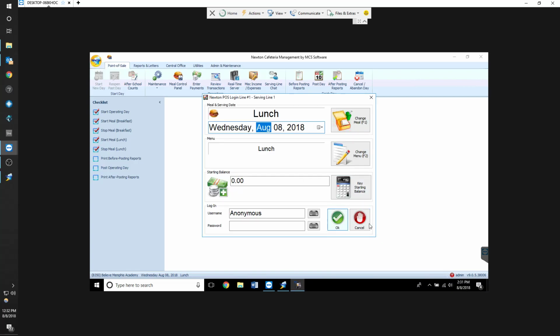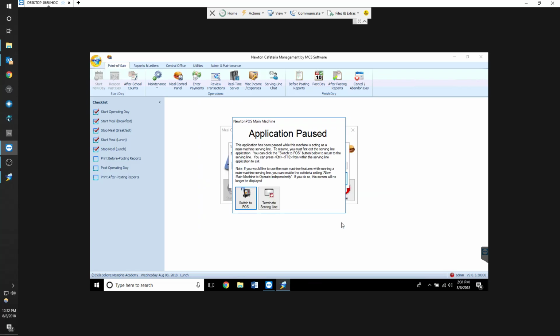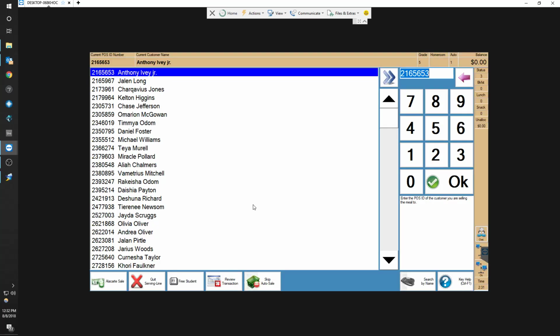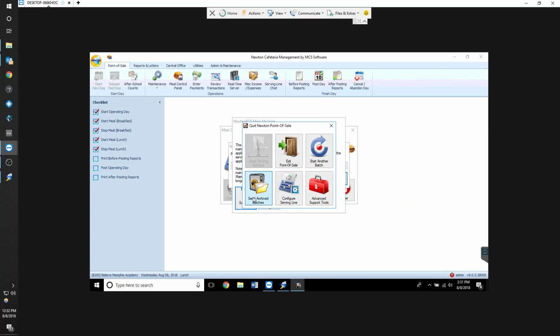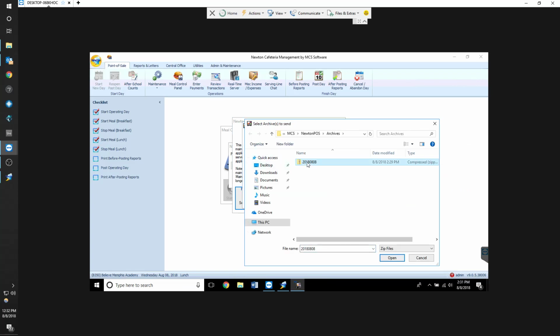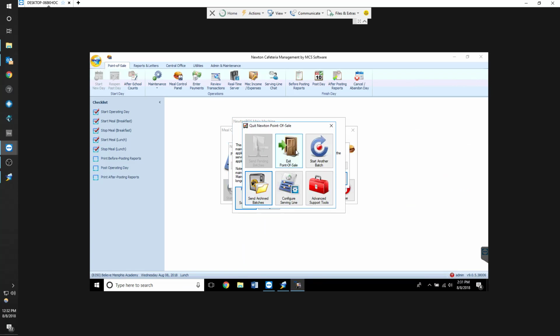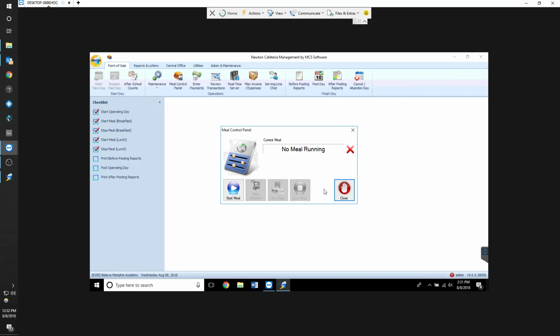And then I think you can even hit cancel here. I want to say you can, but to be safe, you go all the way in, and then you close it, send archive batch, you send that one right there, exit, stop meal, close,